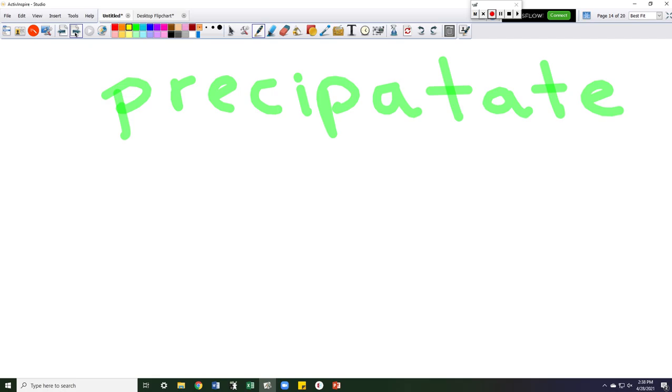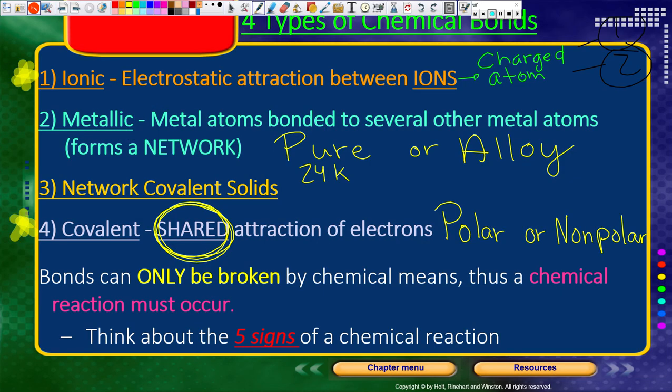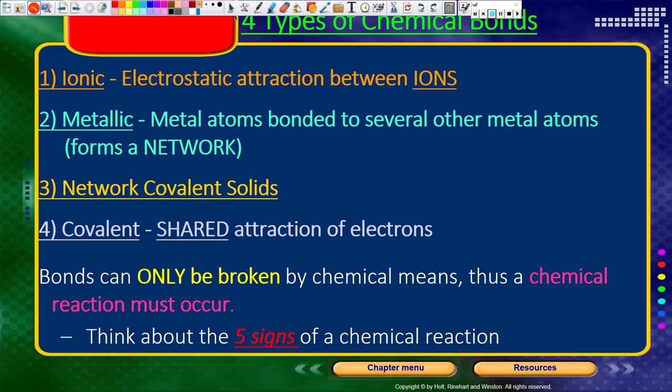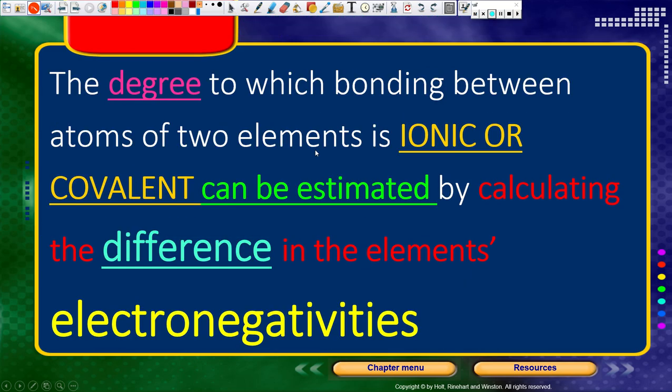So those are the 5 signs of a chemical reaction. If we've got a covalent bond or an ionic bond or any of those other ones, to be able to break those bonds, a reaction must occur and these things must form. Or these things must be obvious and evident. So again, these are the 4 types of chemical bonds we're going to talk about. Today we're only going to focus on ionic. Now, this is a very important slide because it's got some content that you haven't been taught yet, and that's what that guided unit is about, but I'm going to give you some understanding of it.